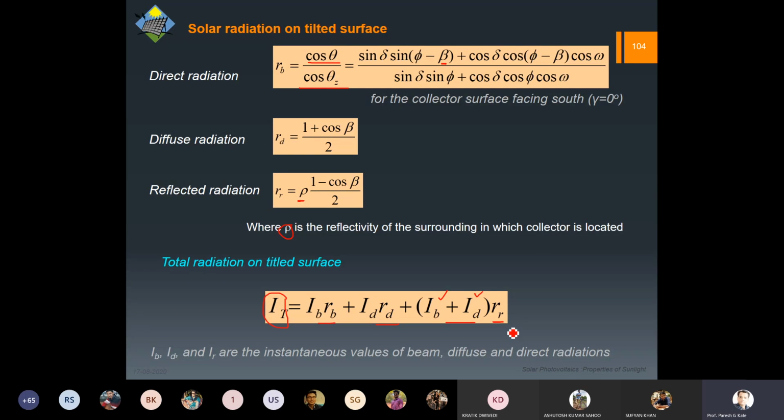Now, of course, till recent times, what was happening is only the direct and diffuse were taken into account, and that's why we were installing a single junction type of solar cell, which were on one side only. So it was monofacial, you can say. But nowadays, with the advance in the technology, we have bifacial solar cell. So what happens is they can even convert the light which is reflected, because you can imagine the sunlight is coming from the top. So let us say this is the panel we have.